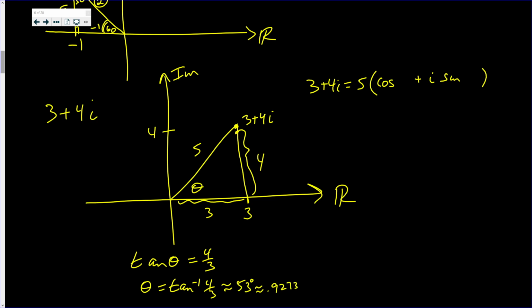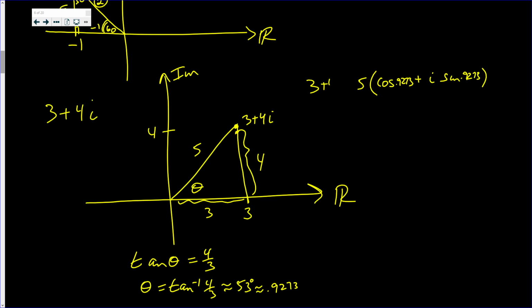I looked that up just now, and it's about 53 degrees, which is about 0.9273 radians. So we can do that, 0.9273. That would be approximately 3 plus 4i. Be pretty close, but you know,